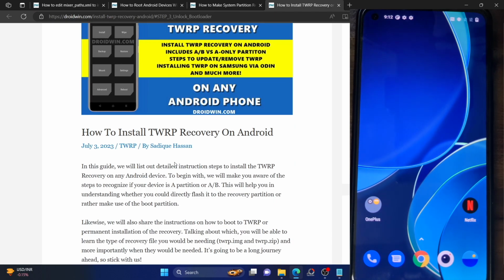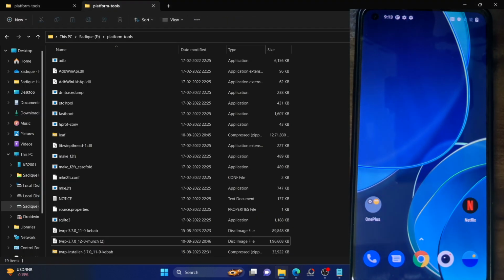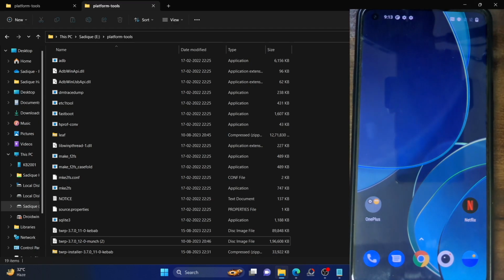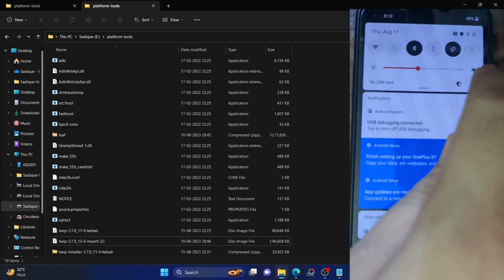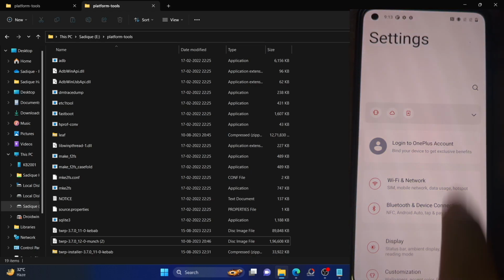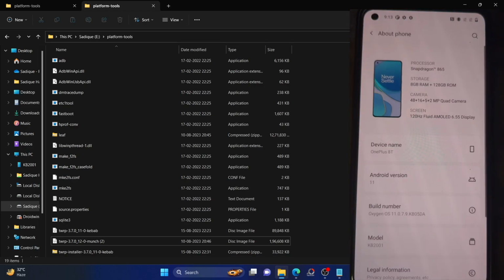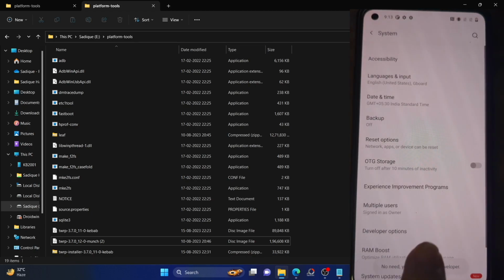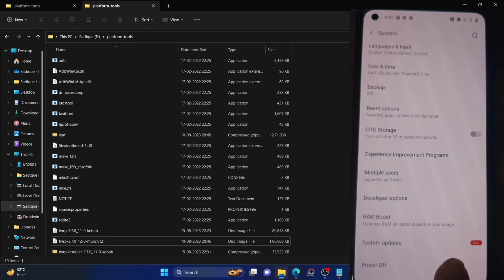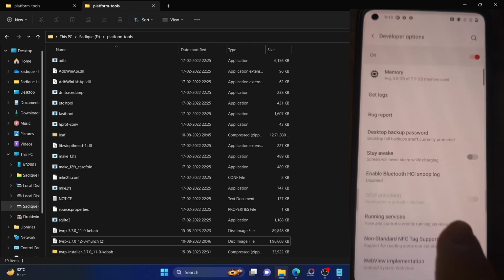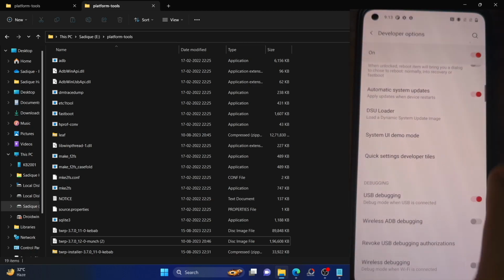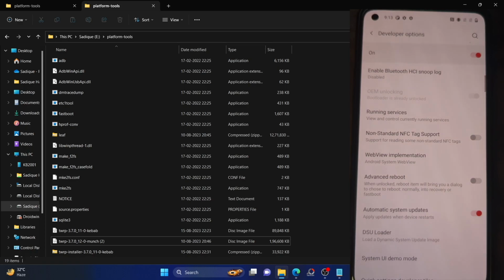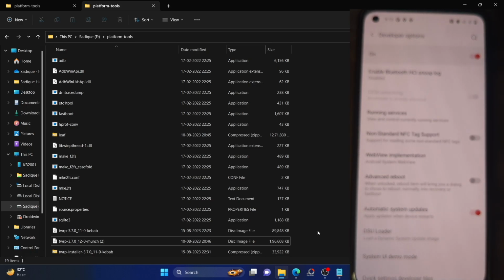For booting to the recovery mode, you will first have to boot to the fastboot mode. And for that, make sure to enable USB debugging on your phone. You could do so by going to the settings menu on your phone. Then from there, go to About phone and tap on Build number 7 times. Then go to System and you should now see Developer options. Go there and enable the toggle next to USB debugging. Once you do so, the debugging will be enabled and you could then move ahead and boot your phone to the TWRP recovery.